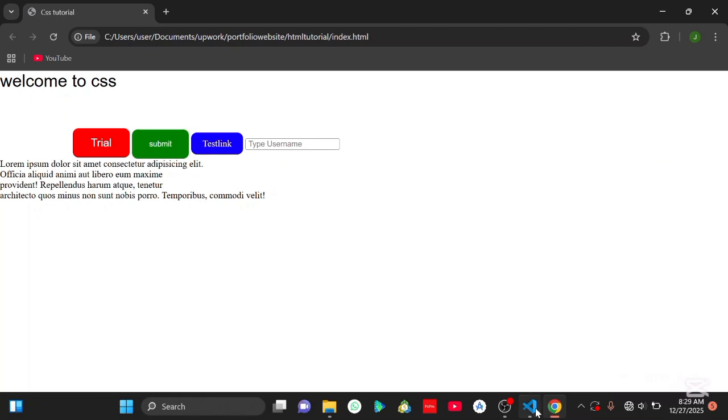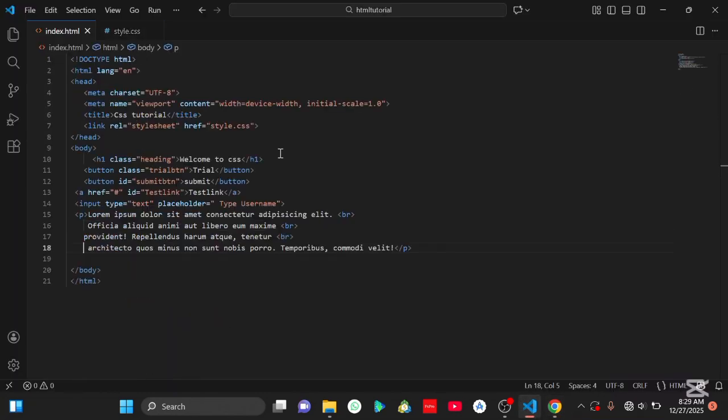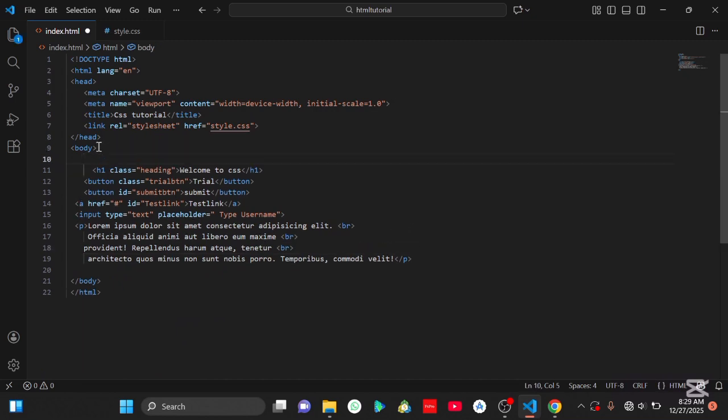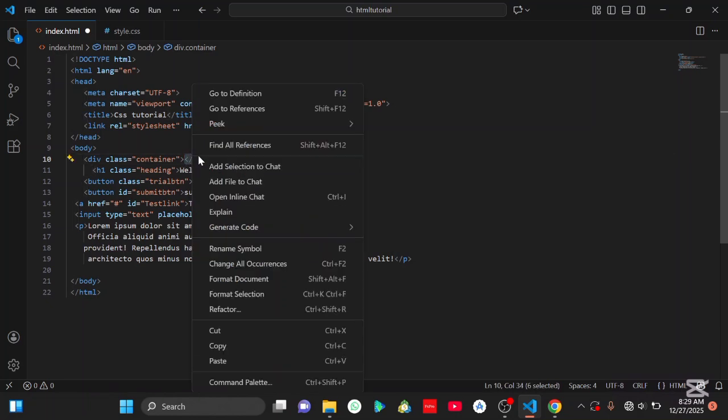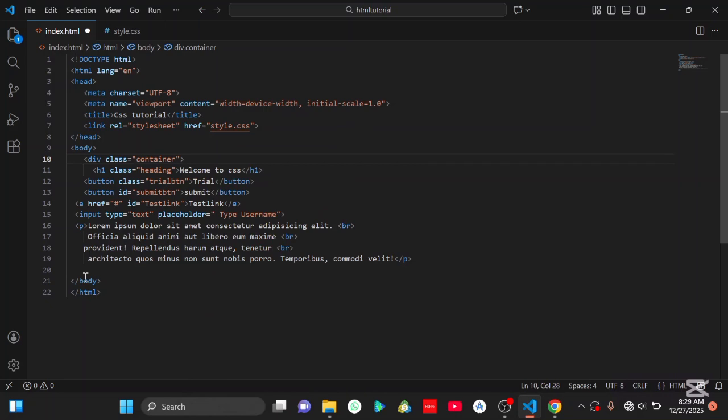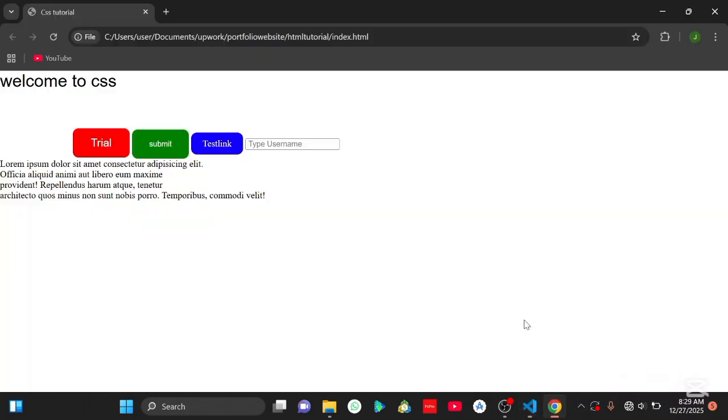So what I'm going to do is come to the index.html and create a div here. I'm going to say maybe dot container, because it is what I want. So dot container like that. Then I'm just going to cut the closing tag of the div and paste it at the bottom, like that. As for now there's no change because you cannot see any change,